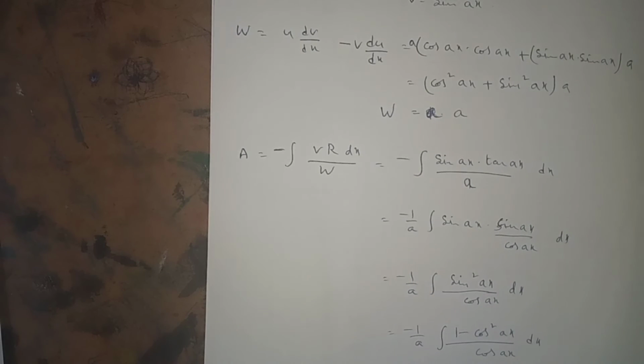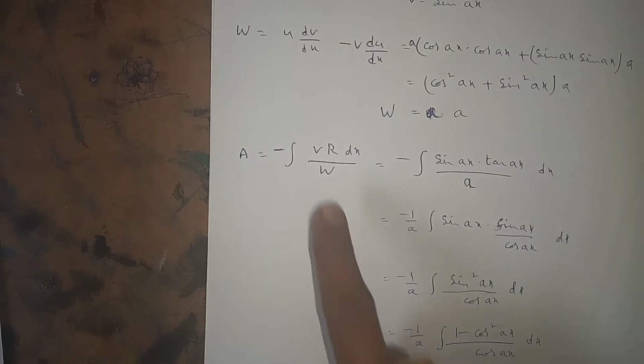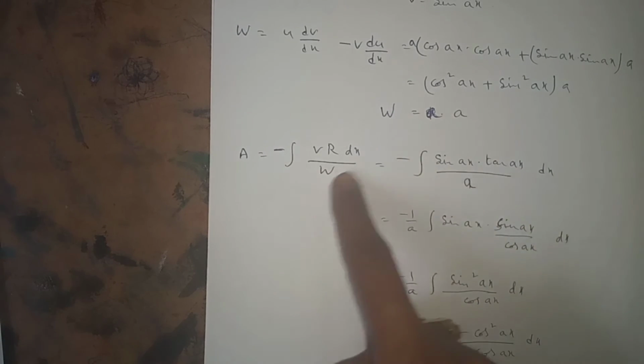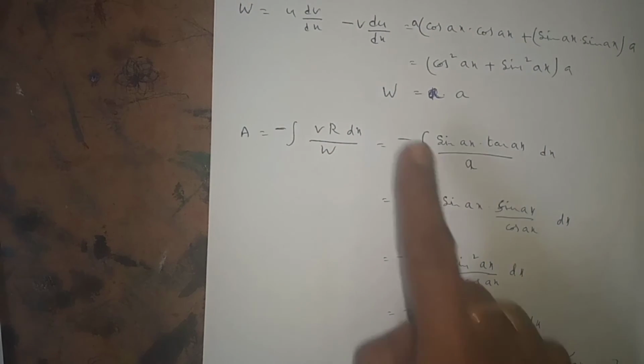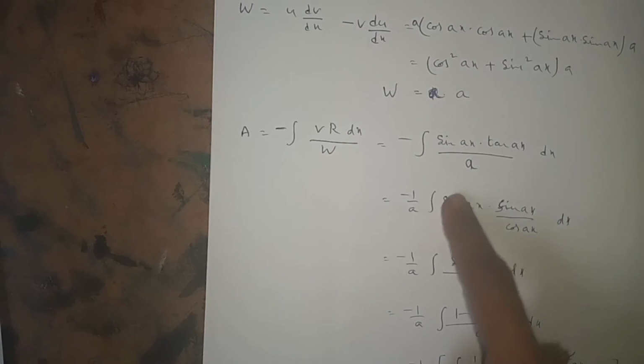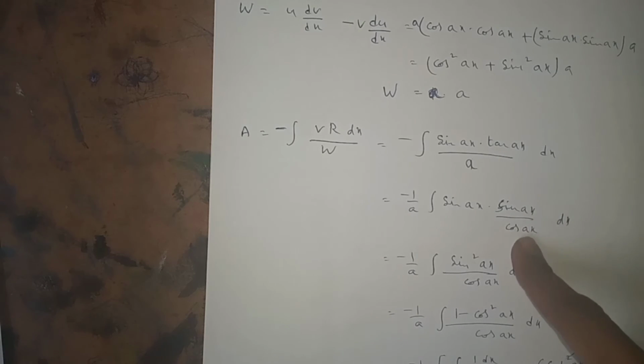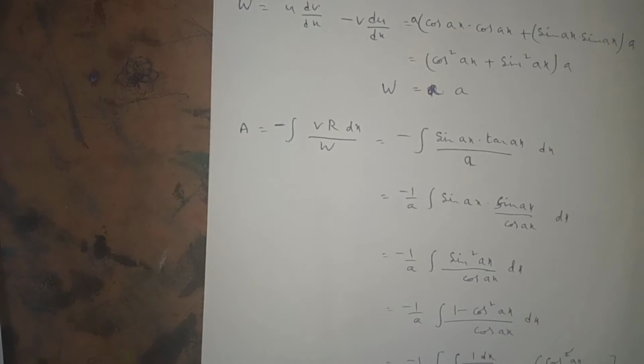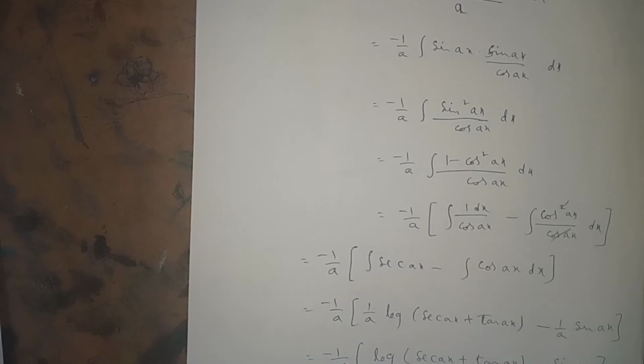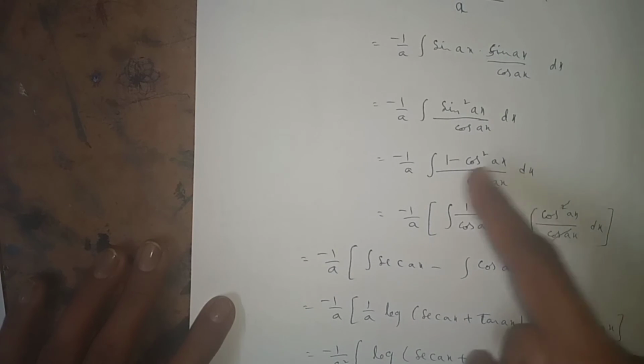Now capital A is equal to minus integral VR dx by W, that is equal to minus integral sin ax into tan ax by W. The W value we have already got is a. Minus 1 by a we write outside. Sin ax into tan ax we can write as sin ax into sin ax by cos ax, that is sin square ax by cos ax. Sin square ax we can write as 1 minus cos square ax, and if you split into two parts,